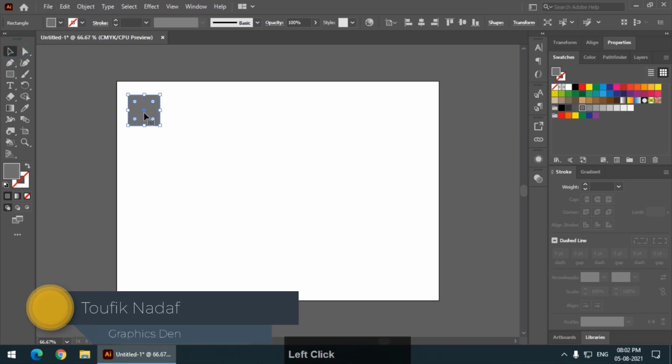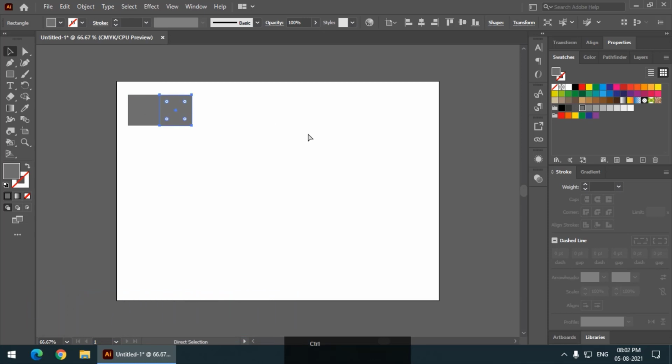color it with whatever color you want, and I'm going to copy this single particular rectangle and again Control D. So I have 3 squares now and I'm going to color with specific colors. Now as you can see in the swatches panel, on the left of this white color we have a gray shade. So select that gray shade for the first shape. Now select the third square and color with the adjacent color, and for the middle shape color it with the darker shade.